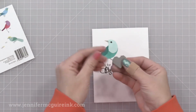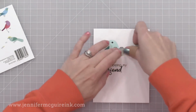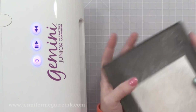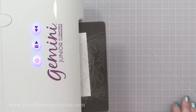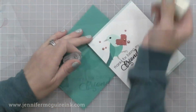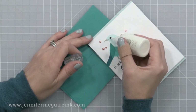Now I stamped the little eyes and the little beak and the feet, and after that I decided to use that tiny little stitch heart die that I showed you earlier in the video. Running this through my die cut machine, any die cut machine will work, and this pokes the holes so that I can do some simple stitching for a little heart that overlaps with the bird. So I did the stitching while I watched a TV show, and now I'm finishing up the